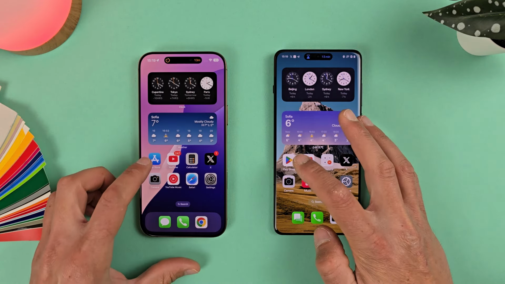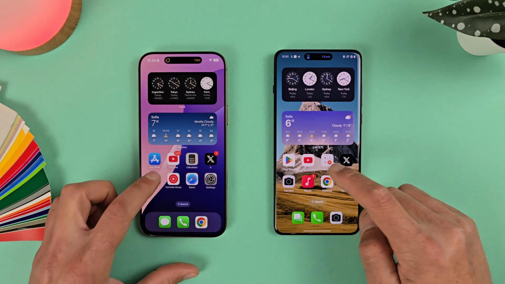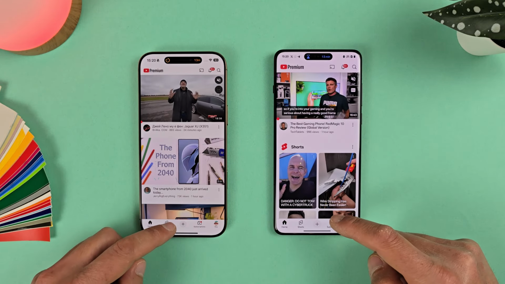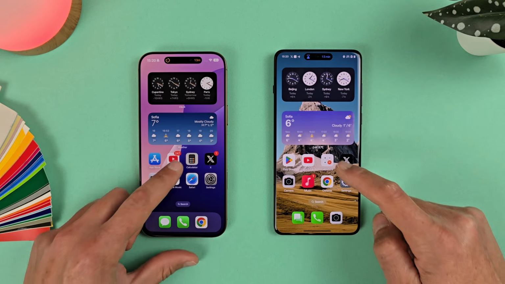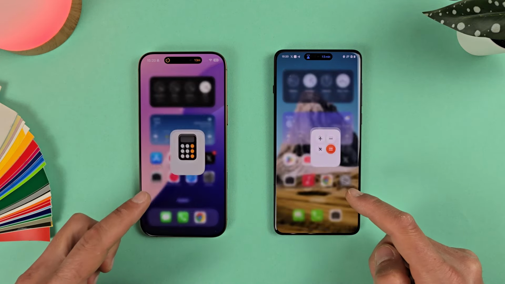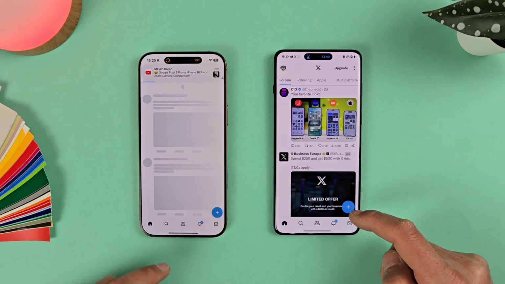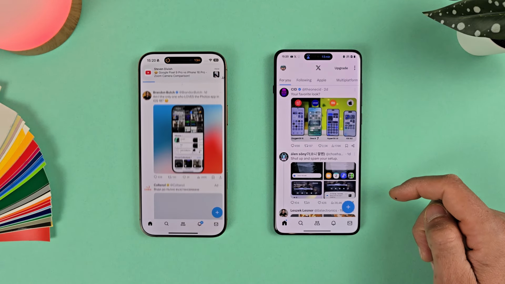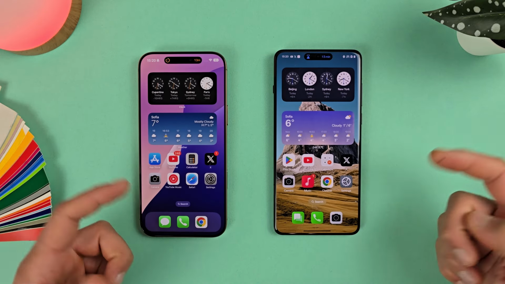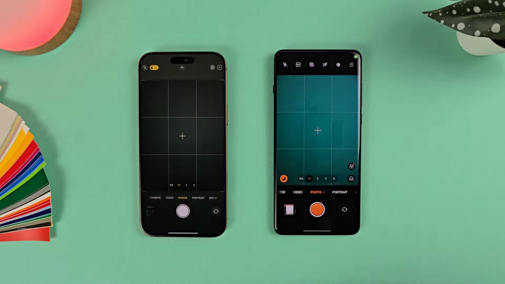Now let's start opening here. Opening and closing the applications. Nothing special. It's alright. Calculator. Alright, let's close it. And now we are going to the camera and let's snap some shots just to check